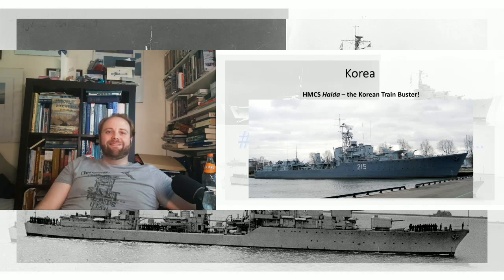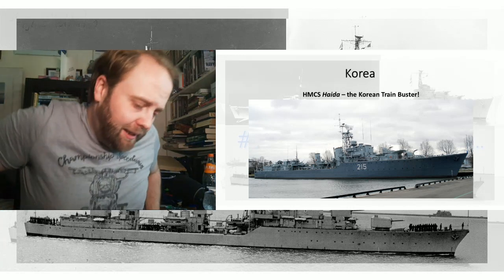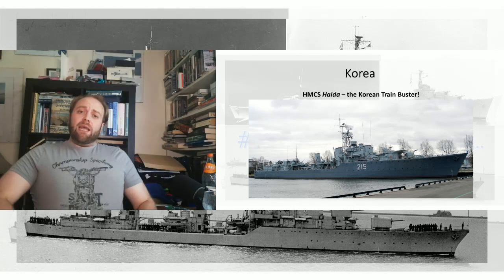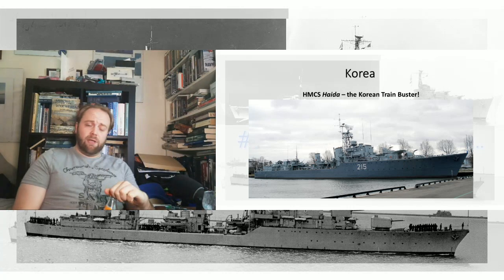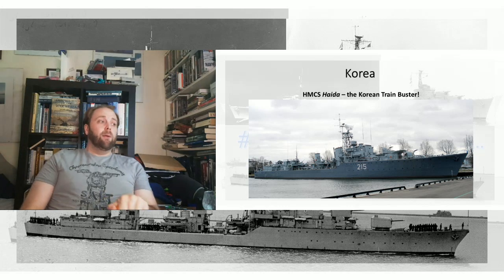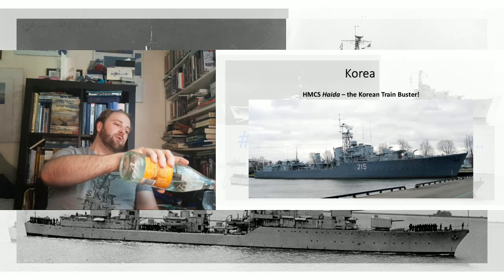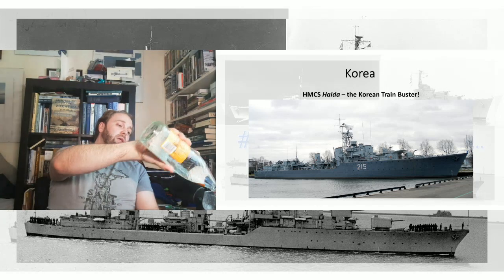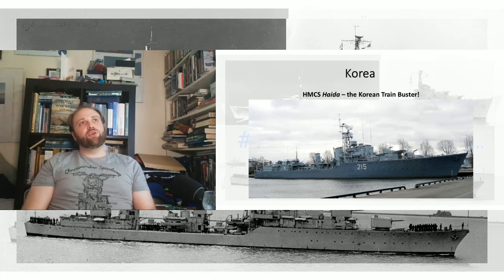Here was you thinking that the Tribals were going to be over. No, it's Korea now. It's Korea. And for many operations, there were cruisers still available, so the cruisers were used, and the cruisers were lovely. But when you wanted to hunt the trains down, when they were trying to carry their load and do their logistics duty, when those trains were just trying to trundle around their day, puffing away,